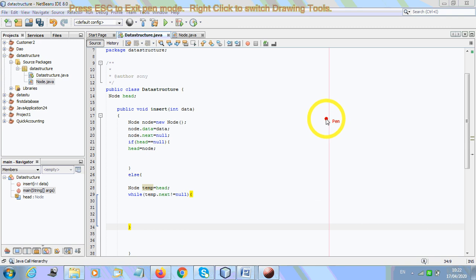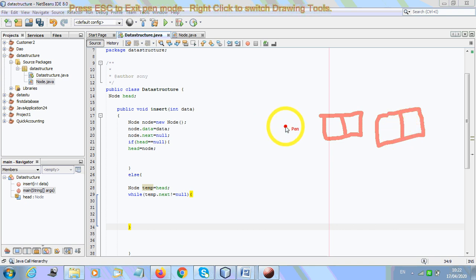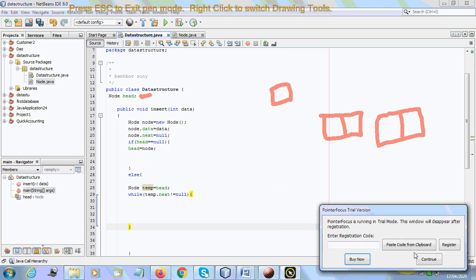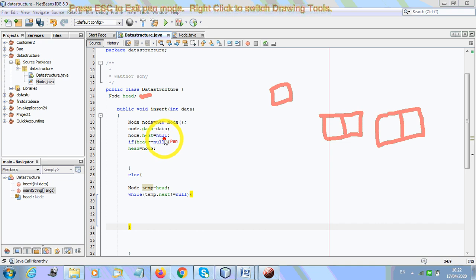See what will happen if initially we didn't have any node. Let us assume that we have these two nodes. It is having two sections. So initially, if we didn't have any node, head will be pointed. This is a head pointer. This is head. Now let us assume what we have written: if head equal to null, so initially it is null.